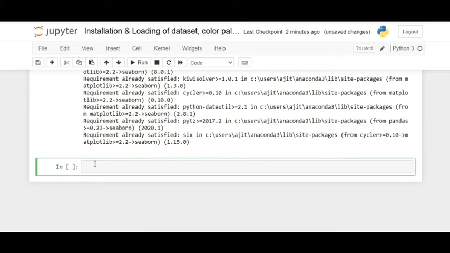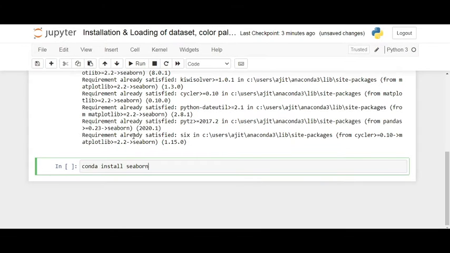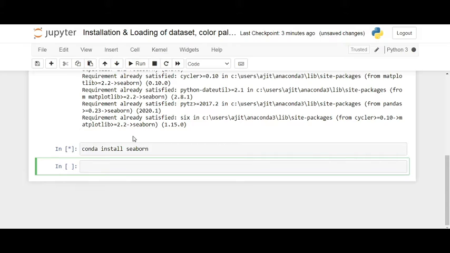Another method is if you are using Anaconda Navigator. So the other method is you can use conda space install and wait for it.